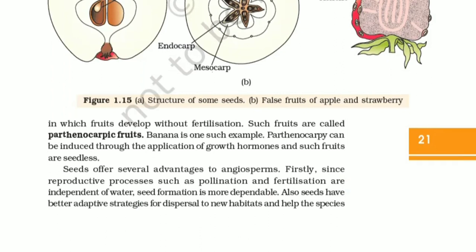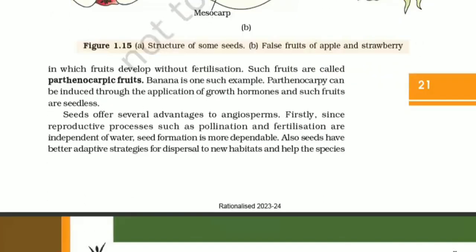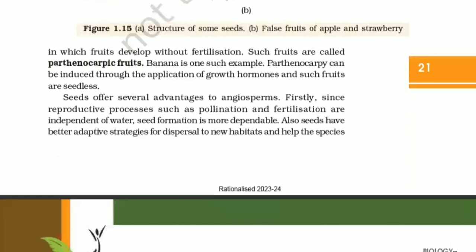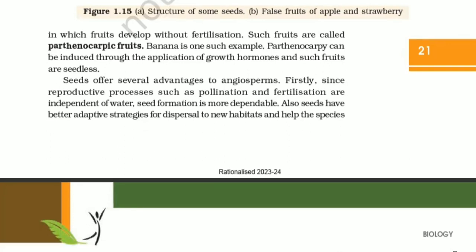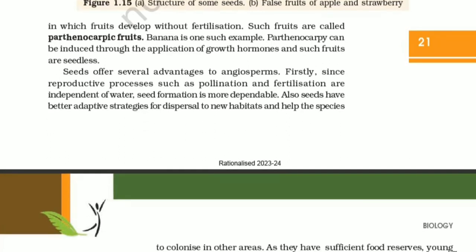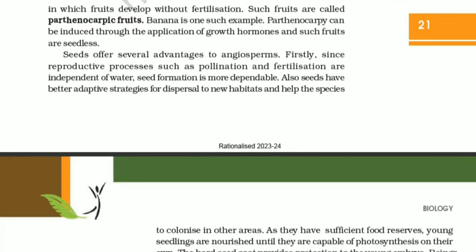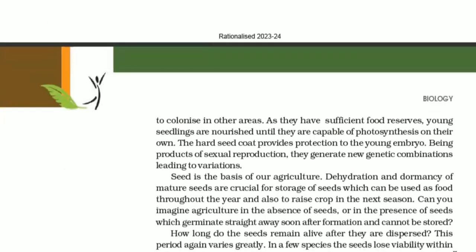Parthenocarpy can be induced through the application of growth hormones, and such fruits are seedless. Seeds offer several advantages to angiosperms. Firstly, since reproductive processes such as pollination and fertilization are independent of water, seed formation is more dependable. Also, seeds have better adaptive strategies for dispersal to new habitats and help the species to colonize other areas